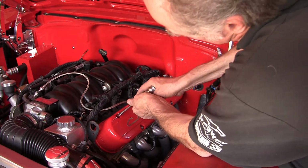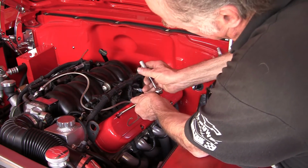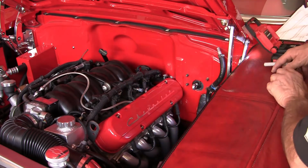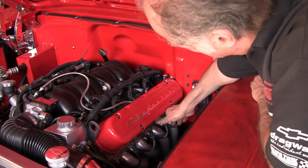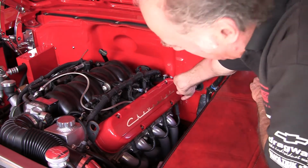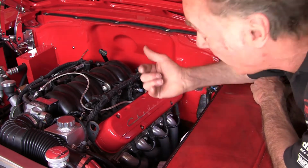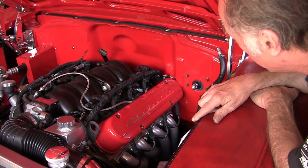Yeah, well, got the last bit on it, and the rocker cover is on. Push the plugs in, and they're on. About a mil, maybe 2 clearance at the back. Yeah, unfortunately, there's not much room there, but